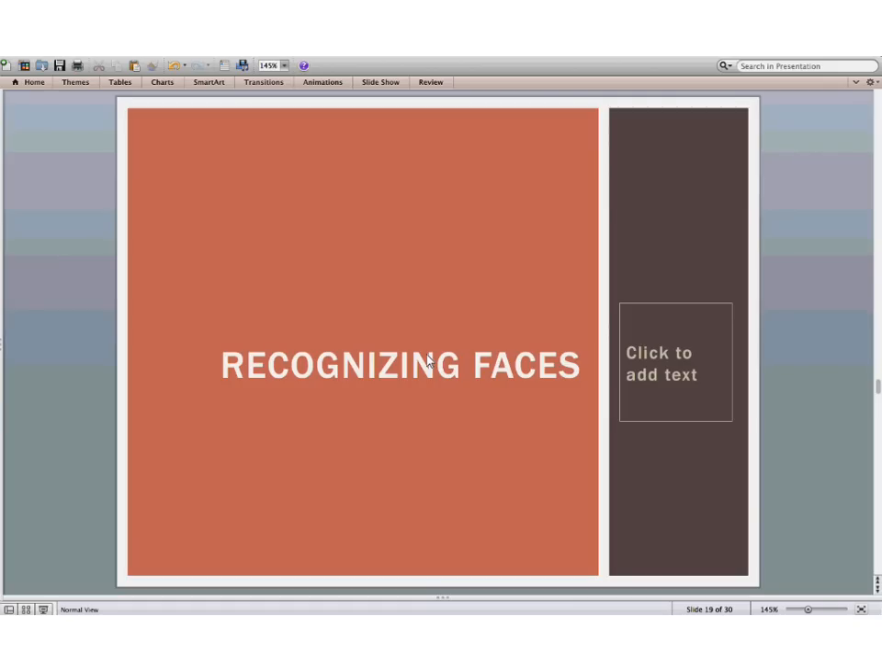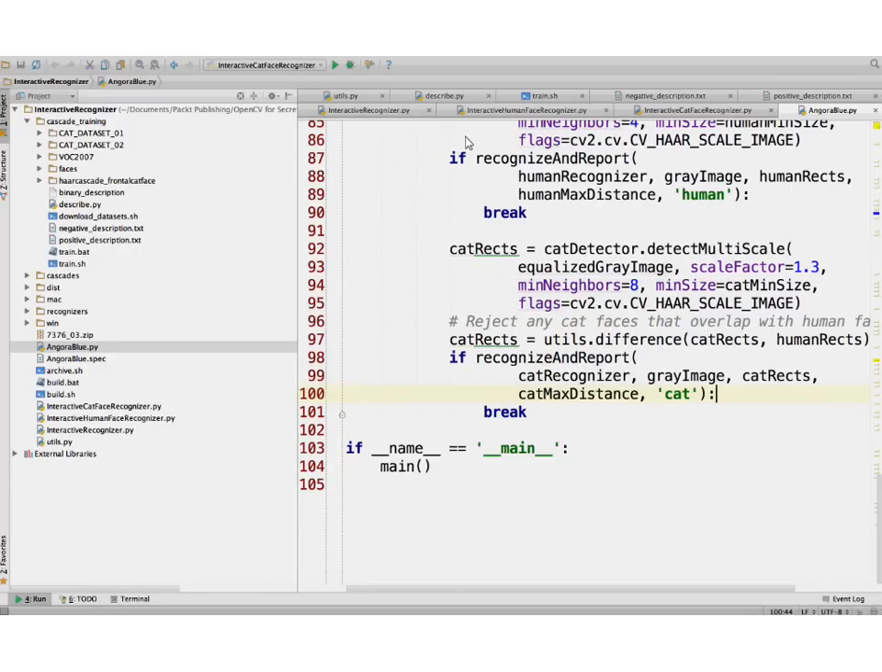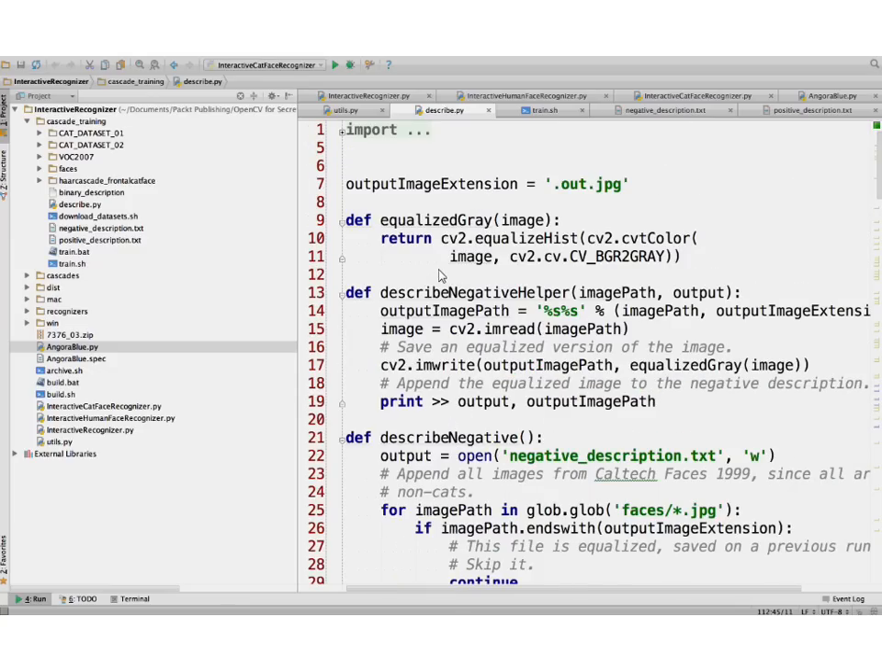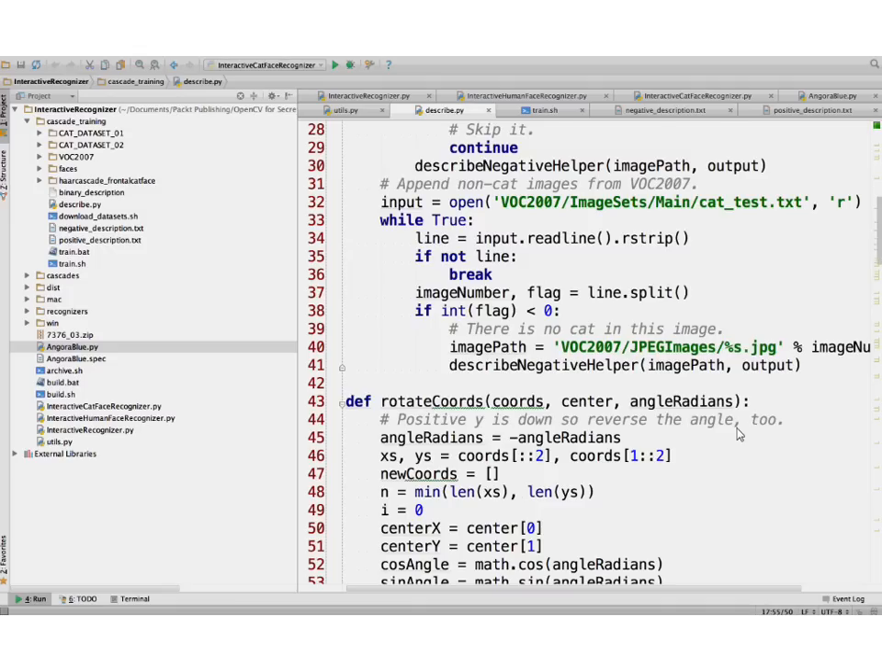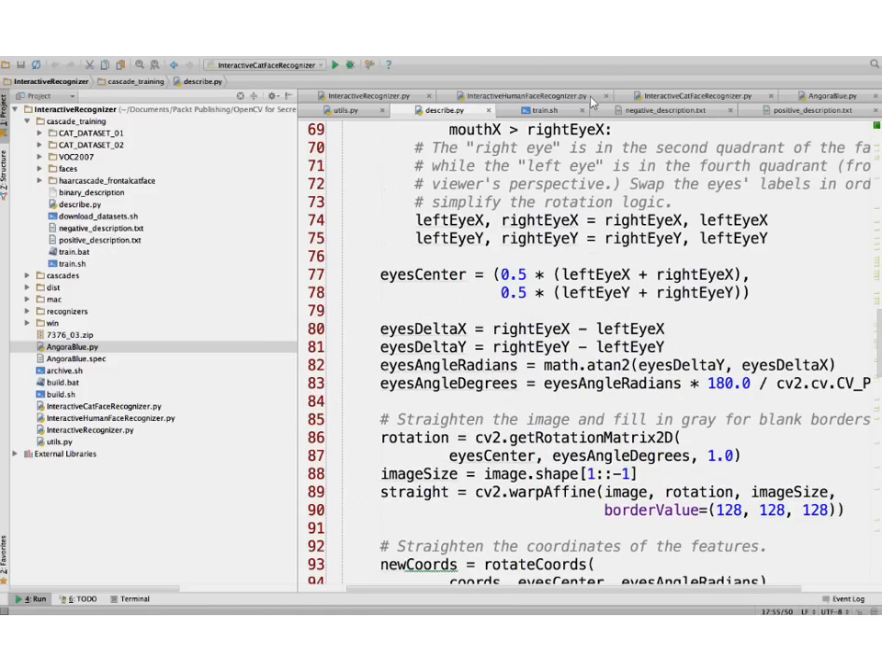We have in the project a script called describe.py that generates the lists of training images and applies the necessary pre-processing. It does this by iterating over negative training images in certain directories and positive training images in others. It saves out equalized versions of the negative training images. And for the positive training images, it also applies rotation using atan2 to calculate an angle between the eyes,